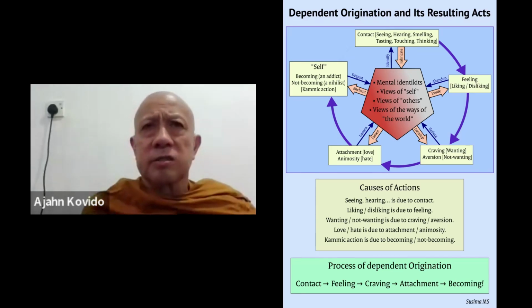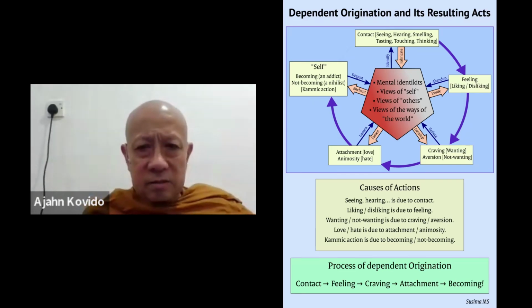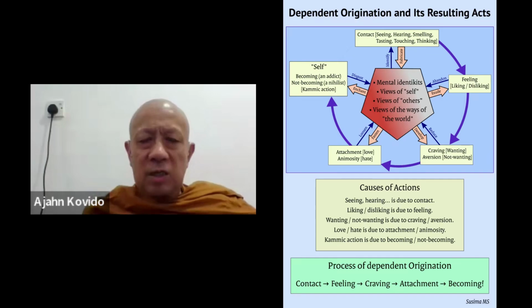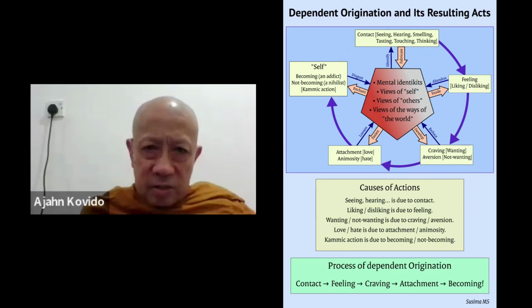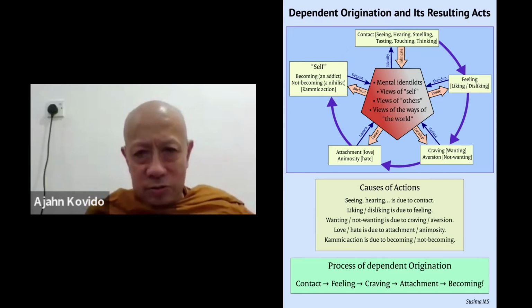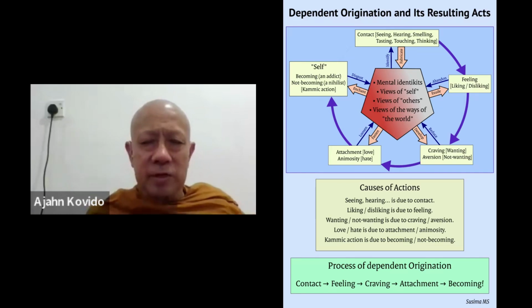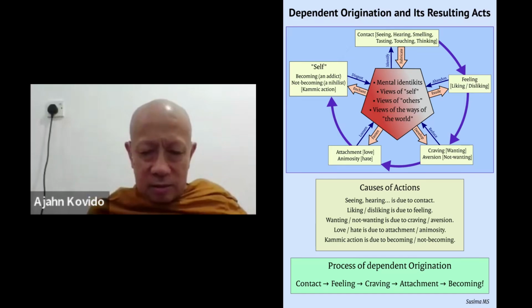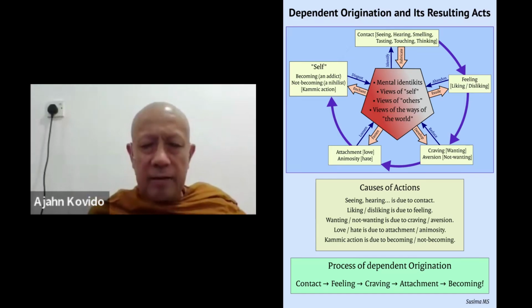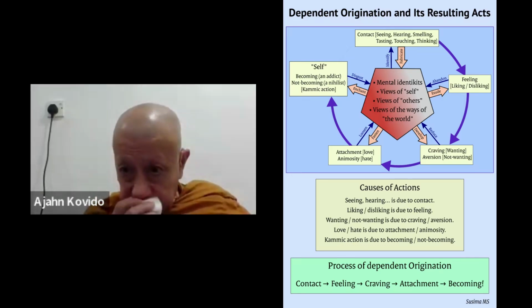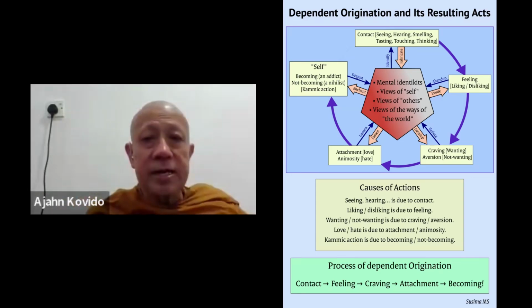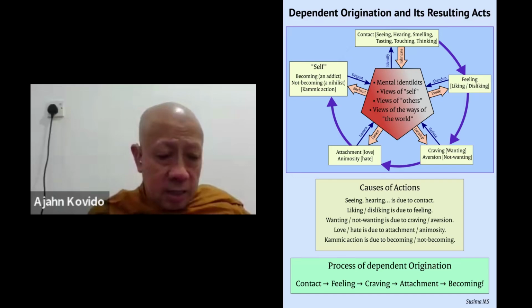So the main cause is mental identity and views. Later on, in maybe the fourth session, we'll talk about how to reduce suffering, how to work with these causes to reduce the suffering we have already had because of our attachment to mental identities and our attachment to views. Okay, I'm going to stop here, and then take